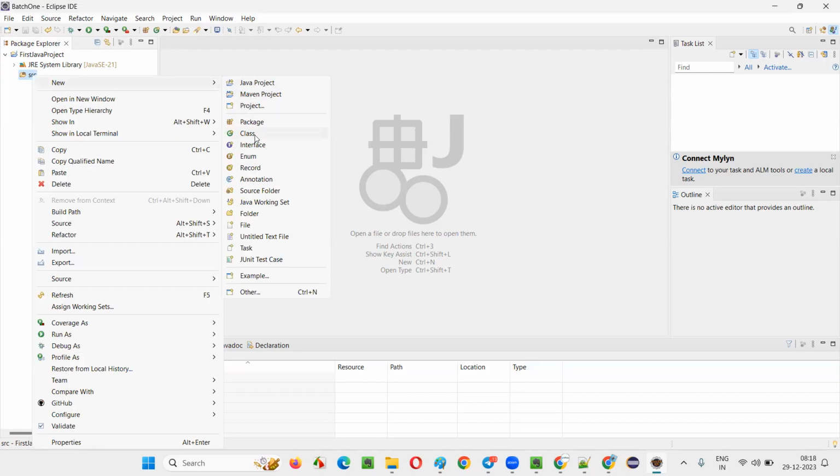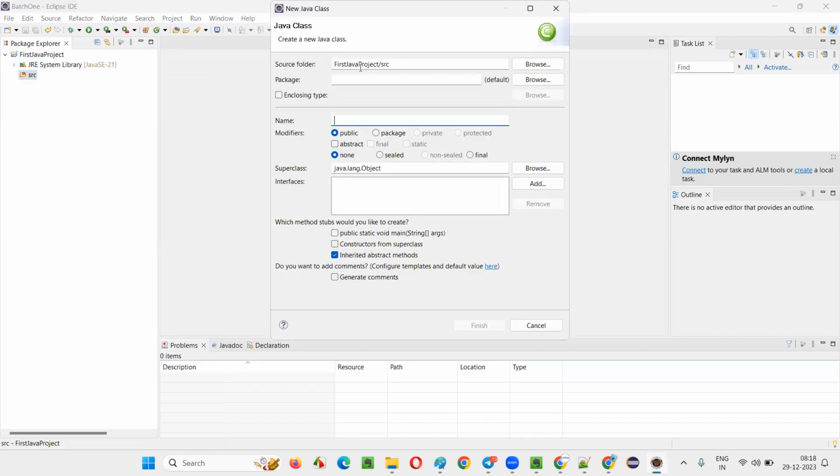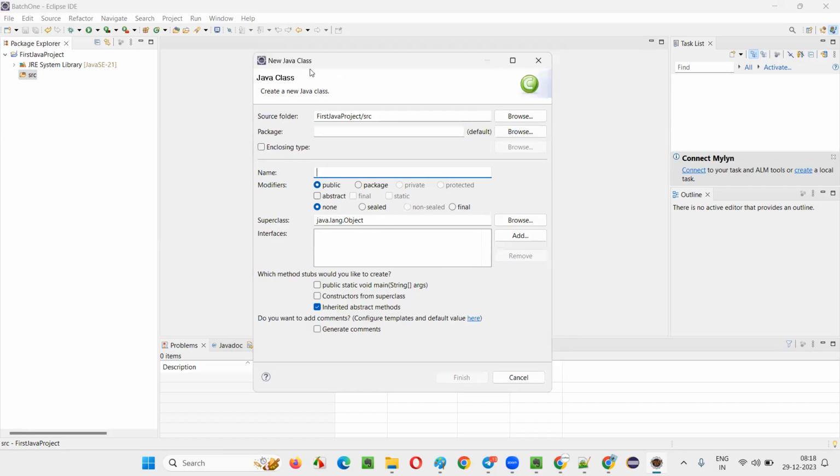And then under that, I have to select which option? Under that, I'm selecting which option? Type in the chat. What is this option? SRC, New, Class option. I have to select that. Once I select that, I'll get this dialog, guys. New Java Class dialog I'll get. In the New Java Class dialog, here I have to give the name of the class. Here also upper camel case I have to use. The project name is also in upper camel case. And the class name in Java should also be in which camel case? Upper camel case. I'll just name this First